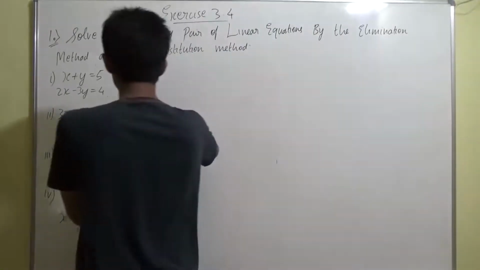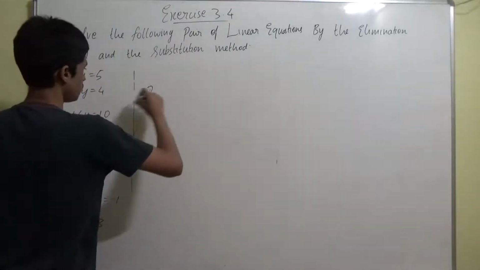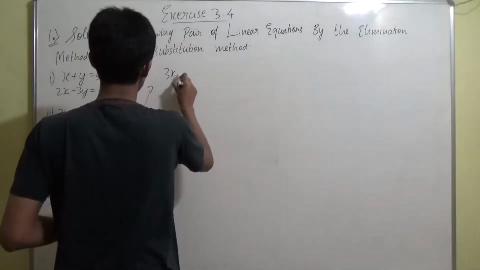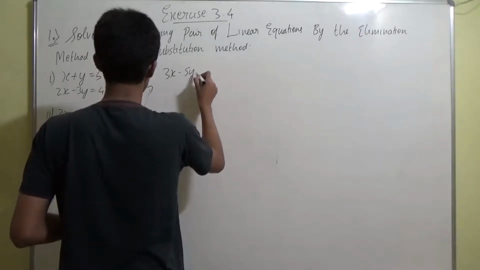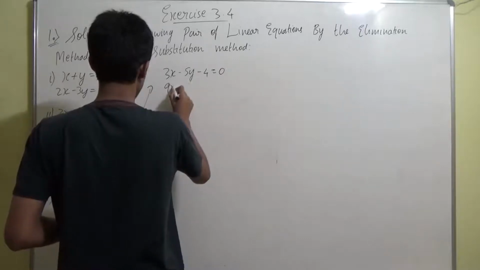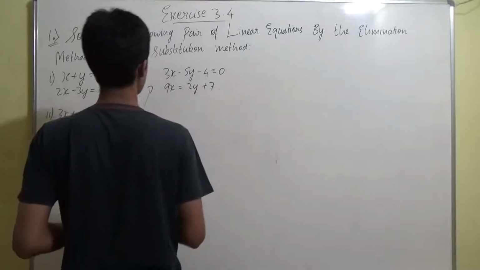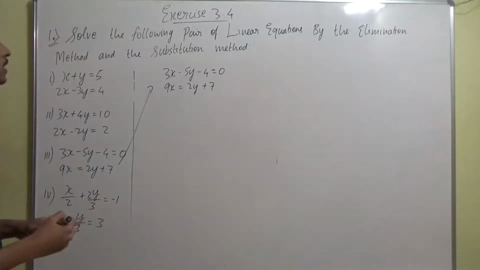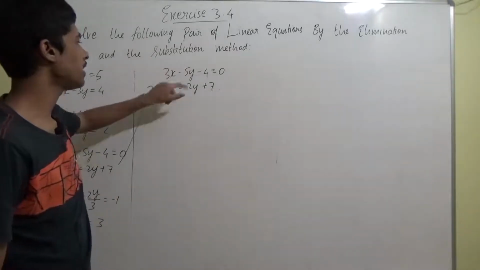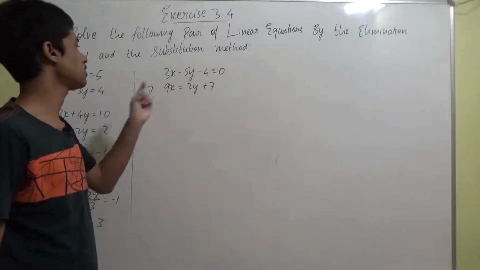Now let's go to the third sub question, right? I'll write this sub question over here. Done. Now if you see in this question guys, in the first question all the terms are in one side and 0 is in the RHS. Here if you see 0 is not there in RHS, they have simply equated it.